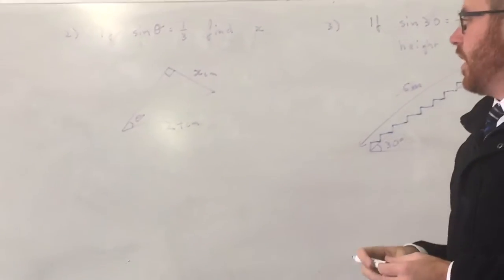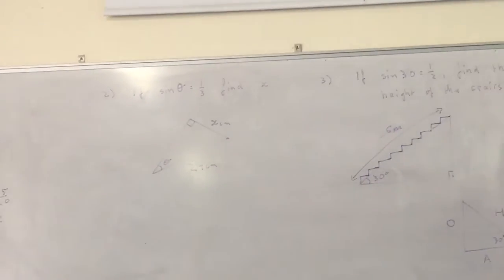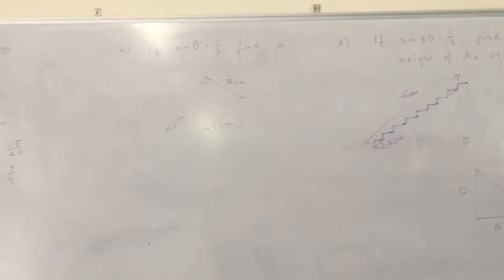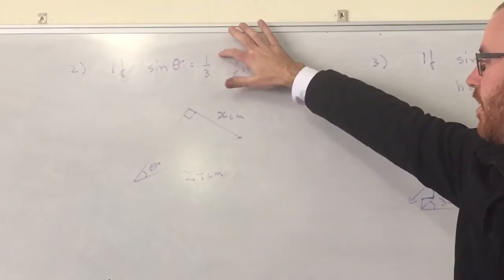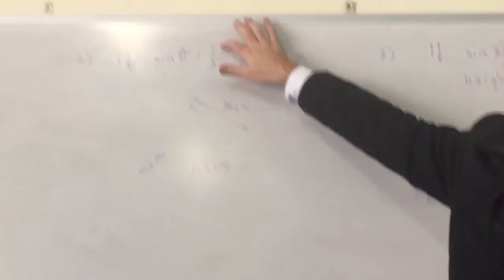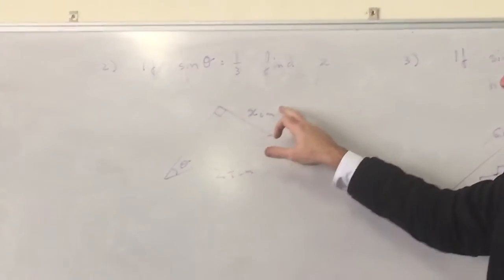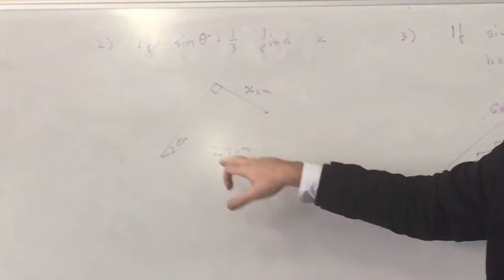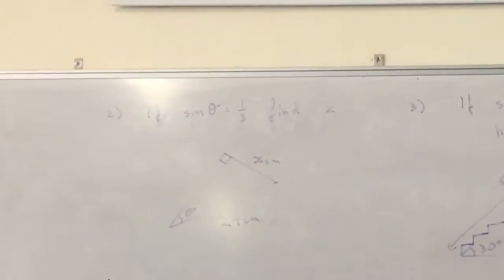This one here is asked a bit differently. If we knew that the sine ratio was a third, what is that actually telling us? It's telling us which one is a third of the other one. If the sine ratio is a third, the opposite is a third of the hypotenuse. Can we see that? Because opposite over hypotenuse is a third, so that means the opposite always has to be